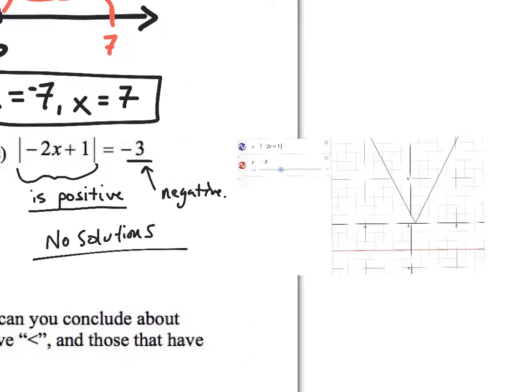So remember what the absolute value does. It takes all these points here, you plug anything in for x, and the y value is going to be positive. Notice how all the y values are above the x-axis here, okay? Now we're looking for the intersection of this graph and this graph. Now when y equals negative 3, that value is completely below this graph here, which is why we have no